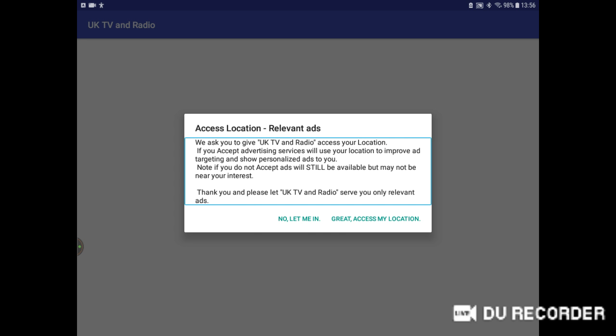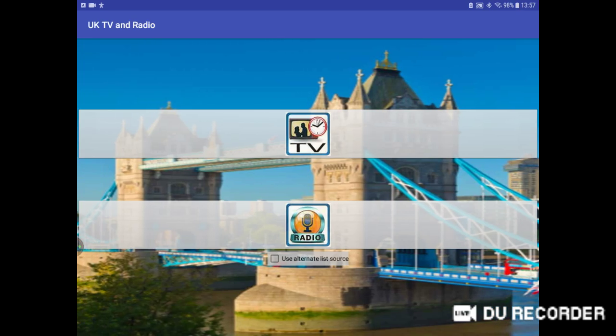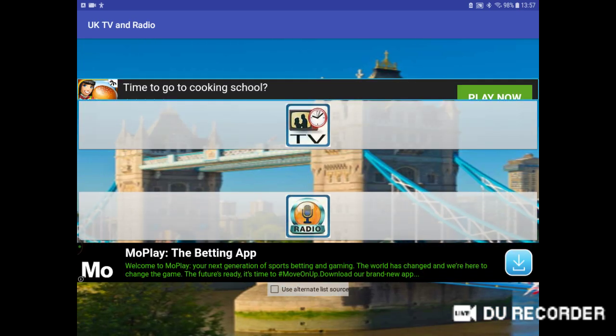Now, we're asked to give UK TV and radio access to your location. Okay, so we got your location access. Now sometimes apps will have a yes and no, but in this case it had yes, no and grey. Again, it would be nice if it was yes and no, keep things simple. Allow. Okay, so once that is done,